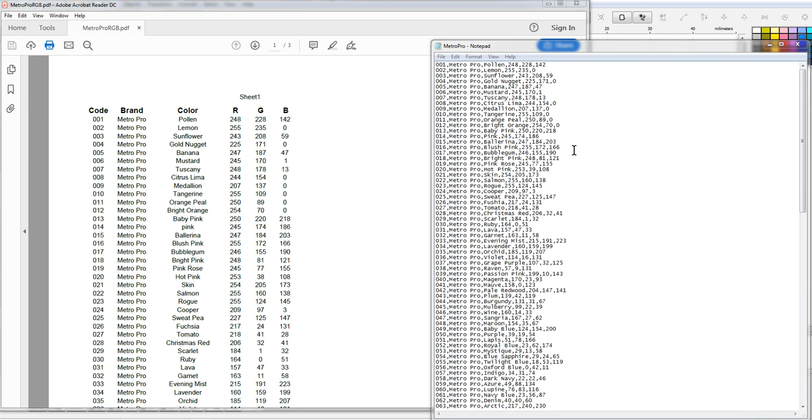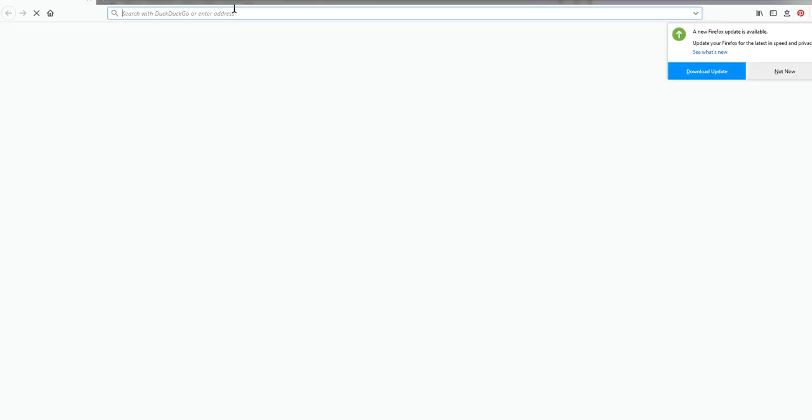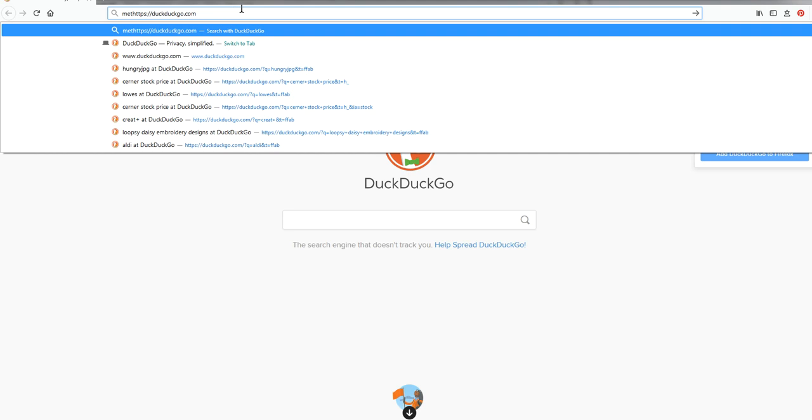I had talked about making truly custom thread charts, and some of the threads that I actually own are the Metro Pro brand. Right now, Embird does not have the Metro Pro brand color chart out there. So I created one, and how I did it, I went to Metro,